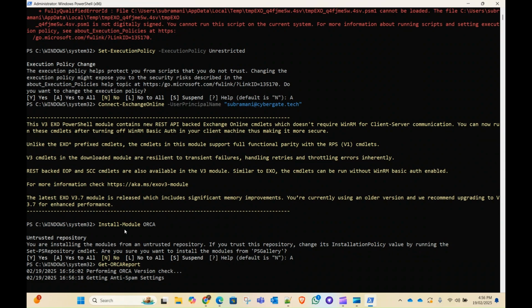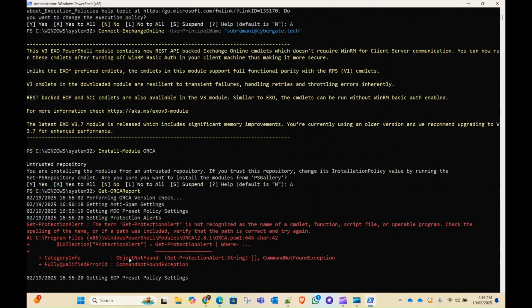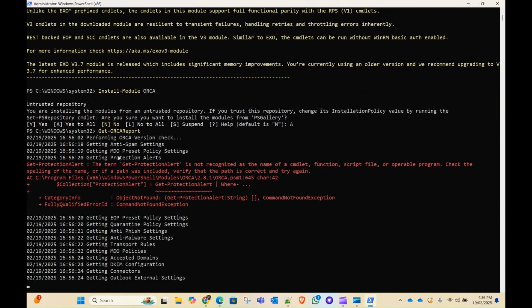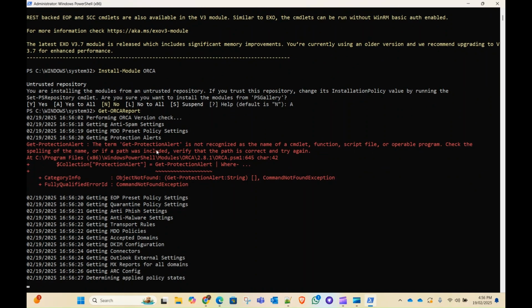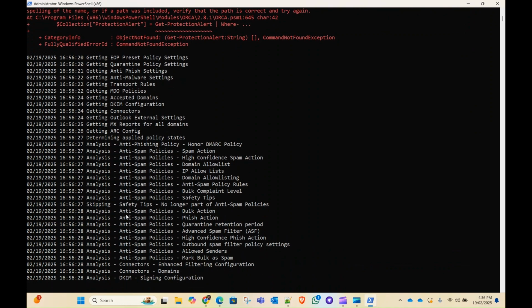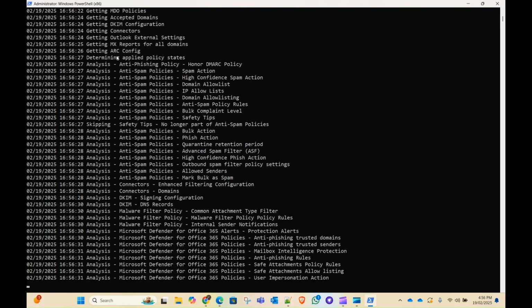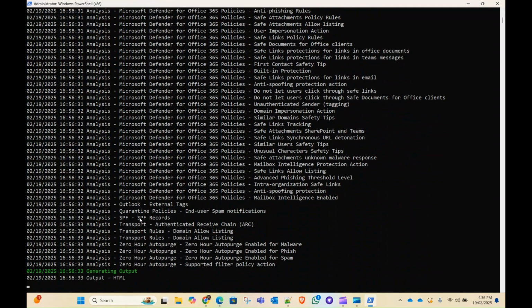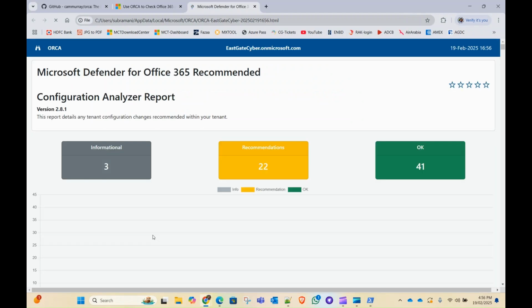So if you see, it is performing the checks: anti-spam policy, preset policies, protection alerts, anti-phishing policies, all the Defender 365 policies, SPF records, transport rules, zero-hour auto purge, and everything. Once the checks are done, you'll see the HTML file generated, which is your